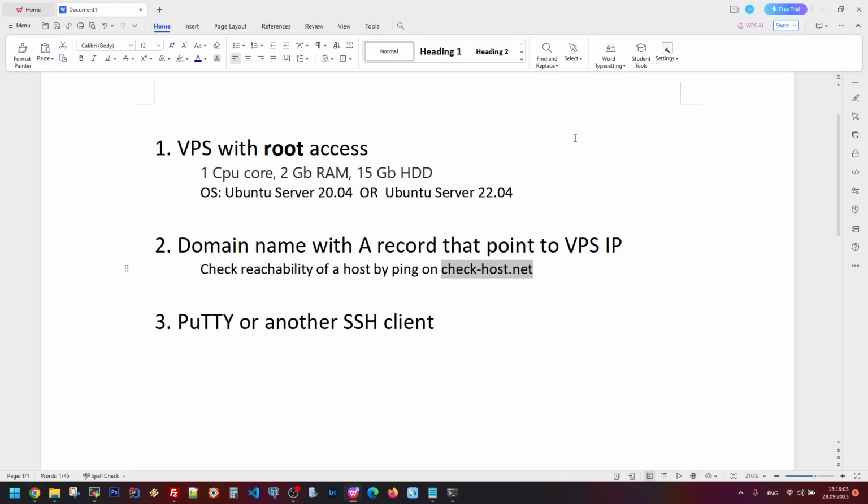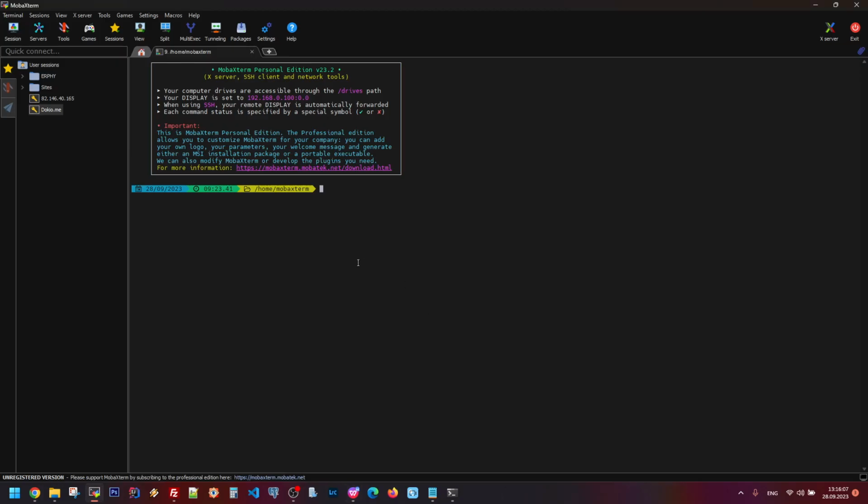And the last one is PuTTY or another SSH client. I use MobaXterm, it's a free version. Log into your VPS,